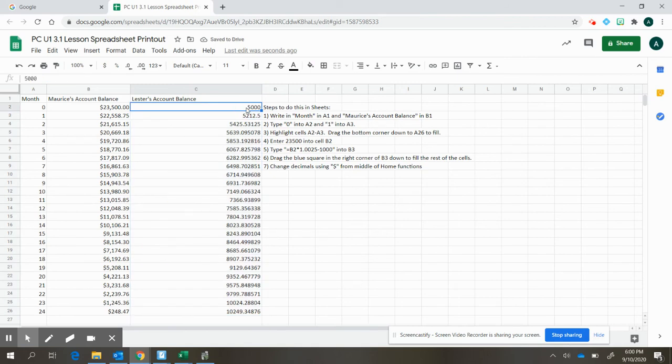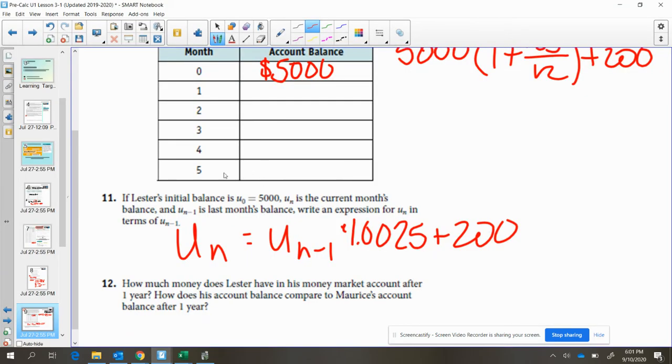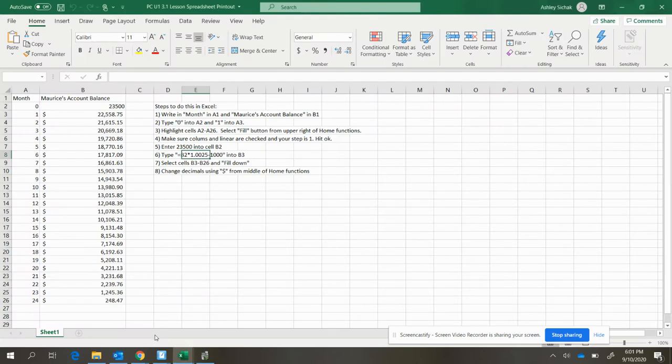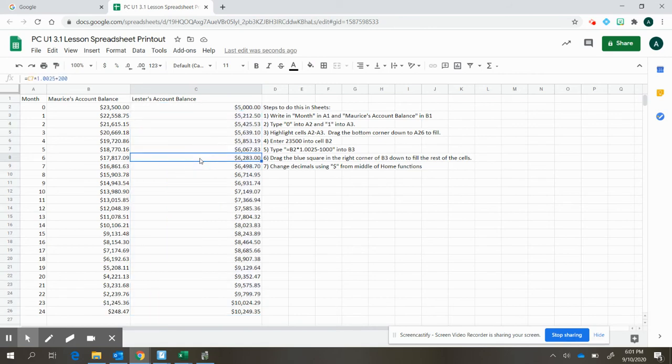And again, to make sure that we have good rounding on all of this money-wise, we can change this here to hit the dollar signs and see this lovely added in here to get that account balance. So notice in notes, they wanted just up to month 5. And again, you could do this in your calculator as well. Just thought it'd be kind of cool to show you guys how to use Google Sheets. And so at about month 6, he's right here at